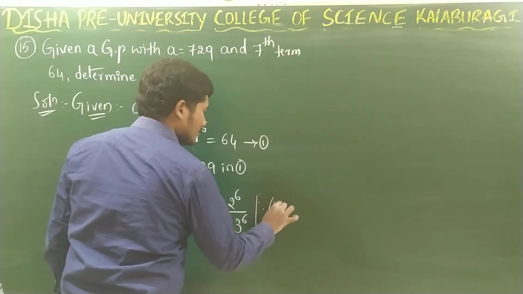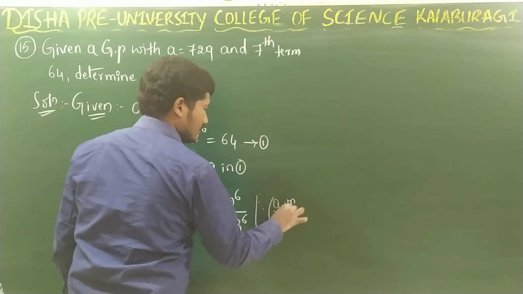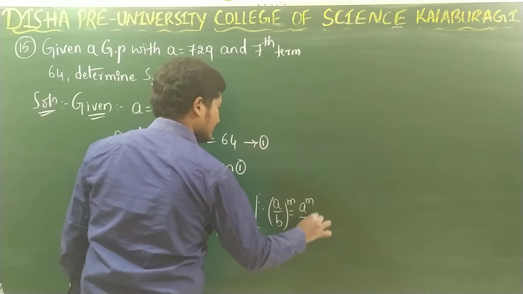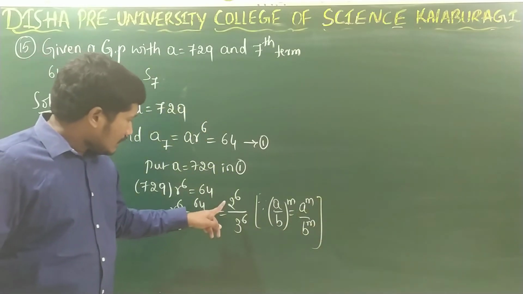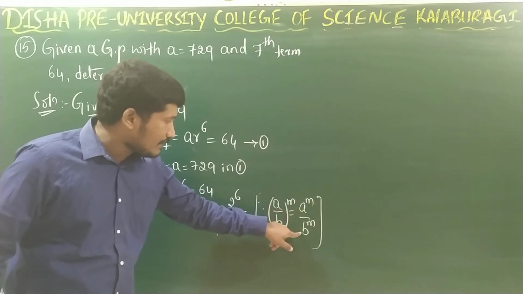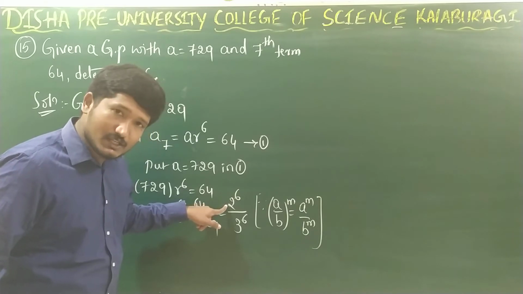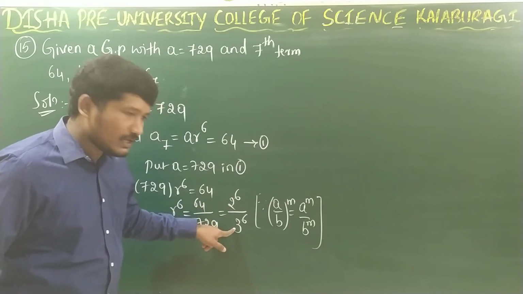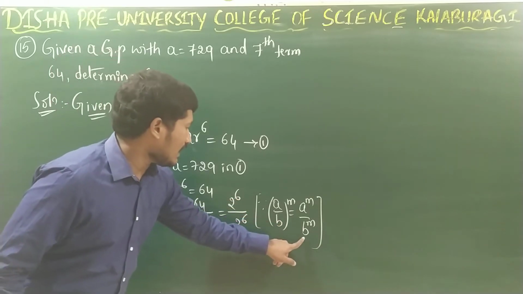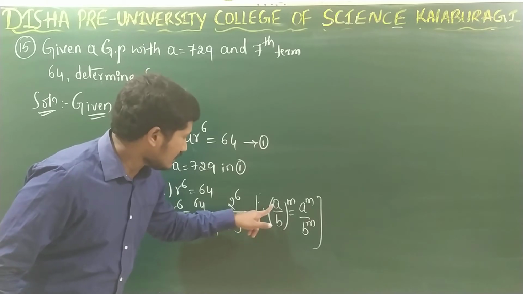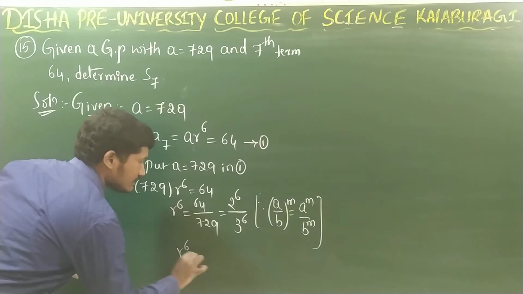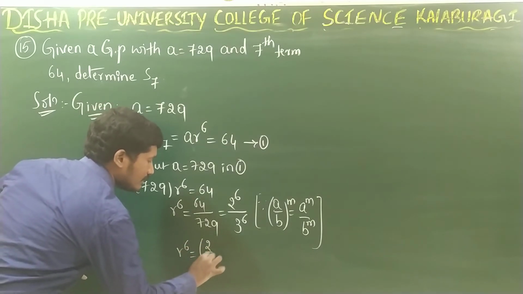Now what I will do is, I have this law of indices: A by B whole power m is equal to A power m by B power m. Right? Now see. This is in the form of the right hand side, that is A power m divided by B power m. Here the value for A is 2. The value for B is 3. The value for m is 6. That is, the powers are the same. So can I write it in the form of the LHS, that is A divided by B whole power m, right? So what will it be? R power 6 is equal to 2 divided by 3 whole power 6.